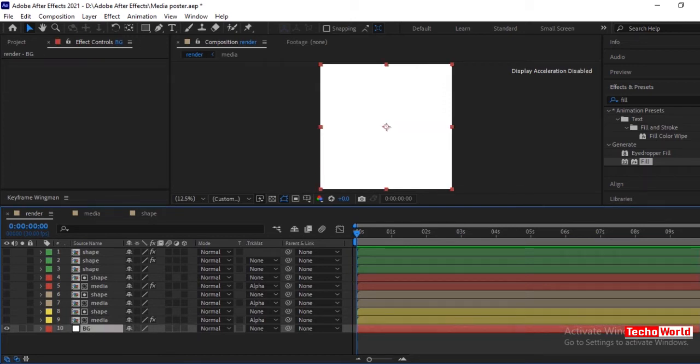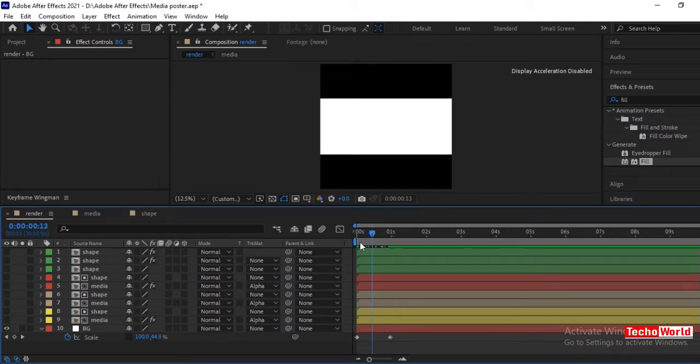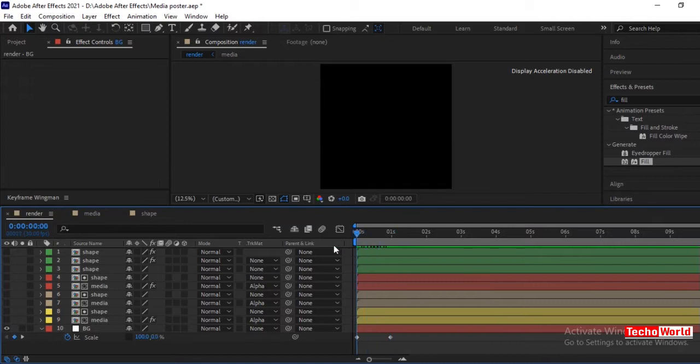Select the BG layer, hit S and unlink scale. Let us set the keyframe to 100%. Add 1 second. Come back to 0 second. Set the scale height to 0%. See the changes here. To make it appear smooth,